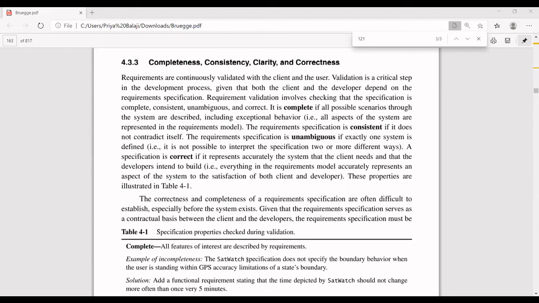Next, what is meant by consistent? Ma'am, the requirement should be understood properly. There is no doubt in that. There should not be any doubt, and there should not be any ambiguity, ma'am.